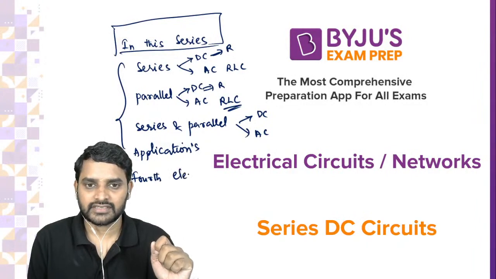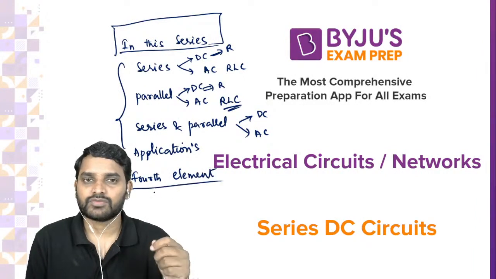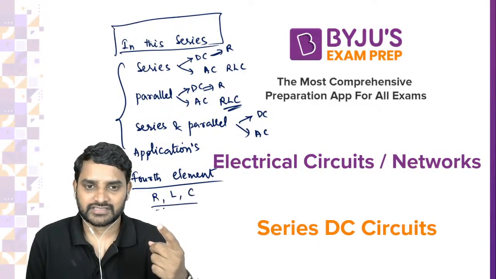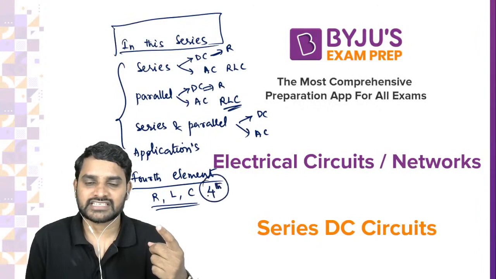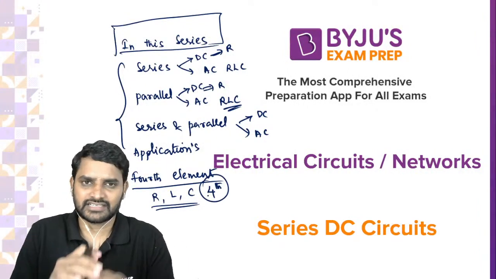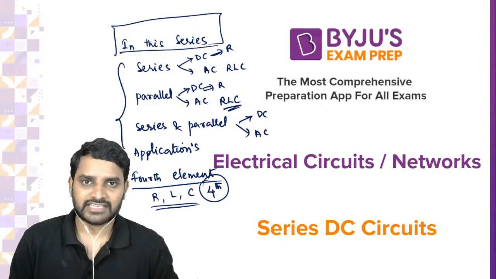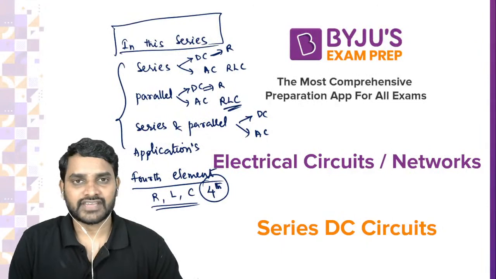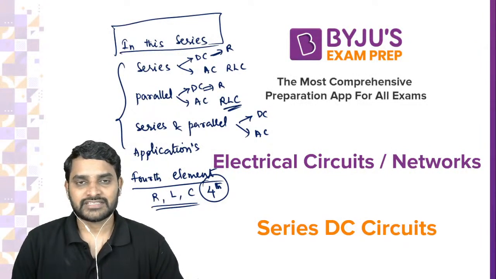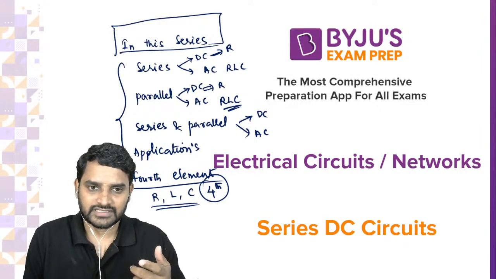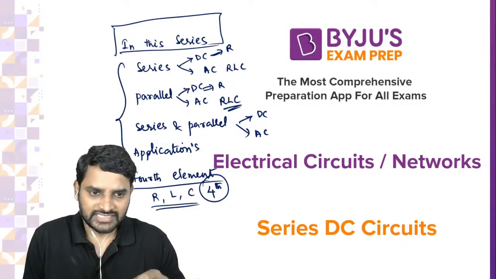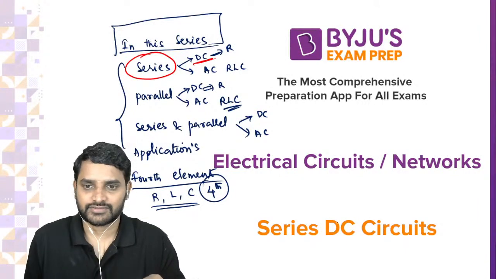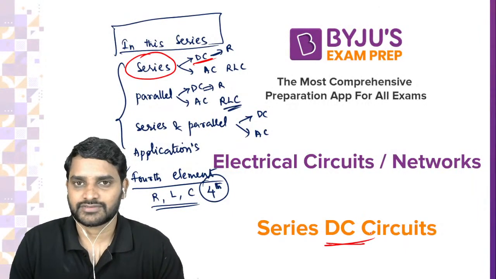fourth element, like we have three passive elements like resistor, inductor and capacitor. There is a fourth element also, which has a different name. It's a combination of resistance with another parameter. So based on that we have got another element. We will discuss that element in the last session. Okay, so in this session I'm going to cover series DC circuits. Series DC circuits. Okay, so